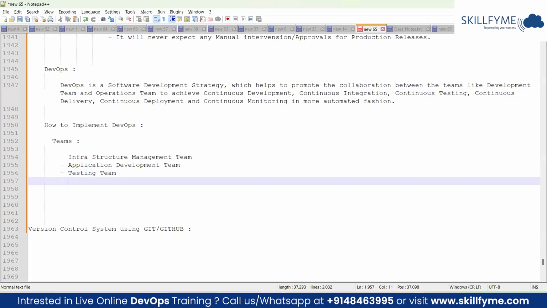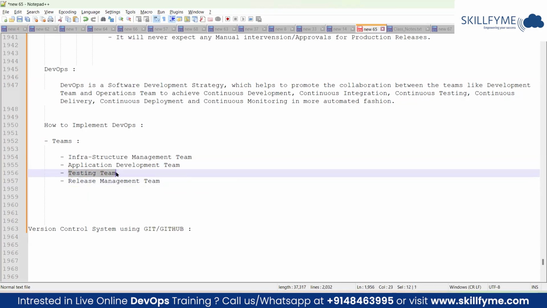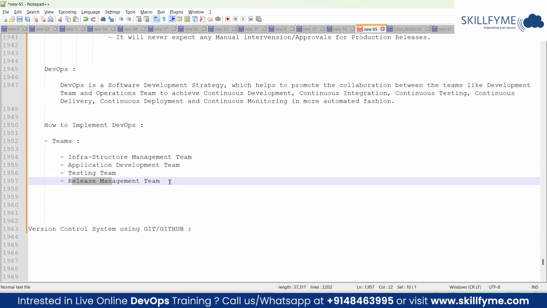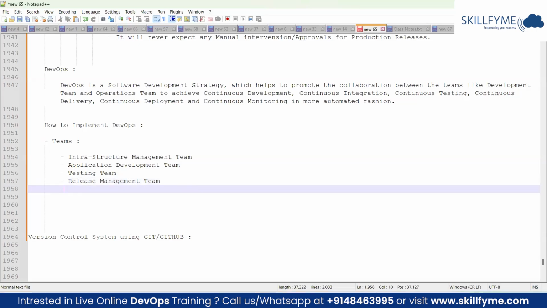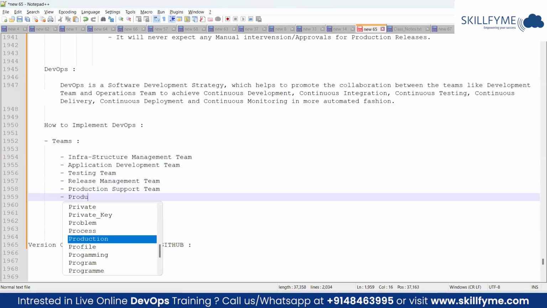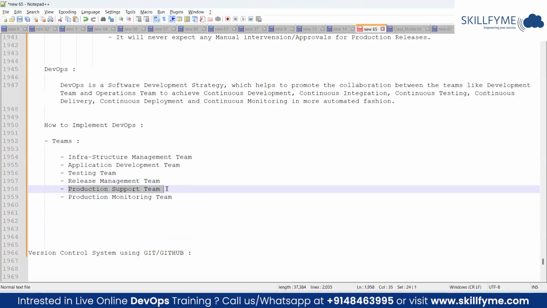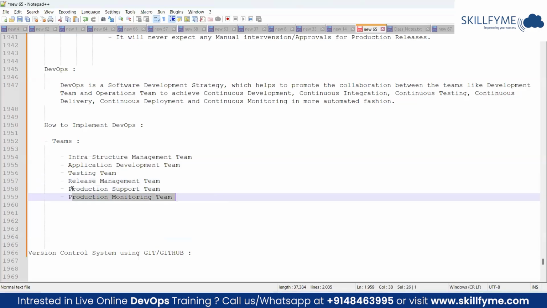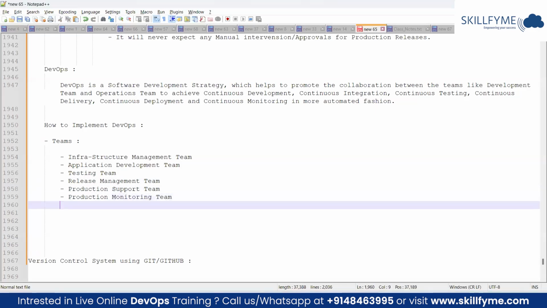Once testing is completed, then comes your release management team, who's responsible to ensure that the product, whatever has to be developed and delivered, is getting delivered on time. Got it? And they are the people who can take a call whether to deliver or not. Due to some reason, if you want to revert the changes, they can take a call on that too. Now, once a product is released to the production environment, there is something called the production support team, or we call it the production monitoring team, right? Their responsibility is to continuously monitor the production environment and support the production related requirements or tickets. And finally, we have something called the security team.